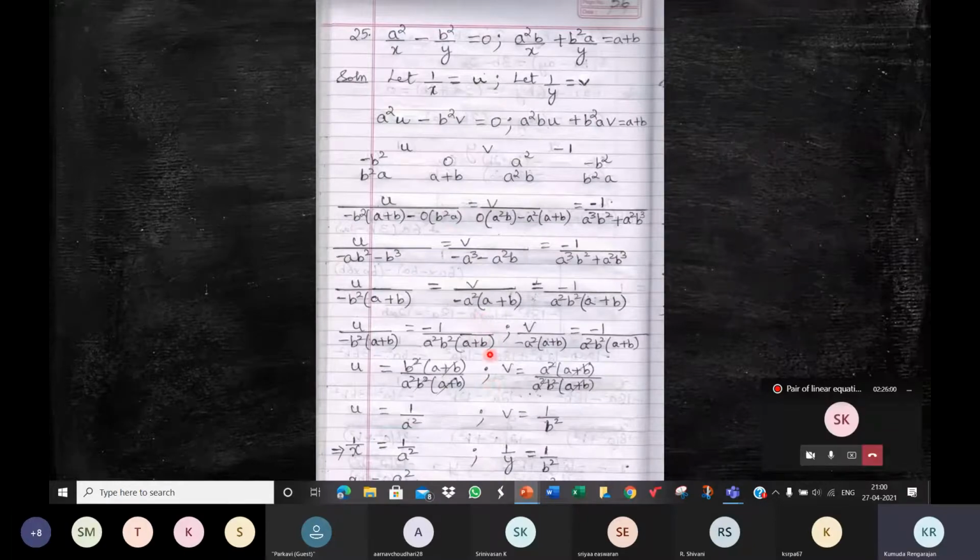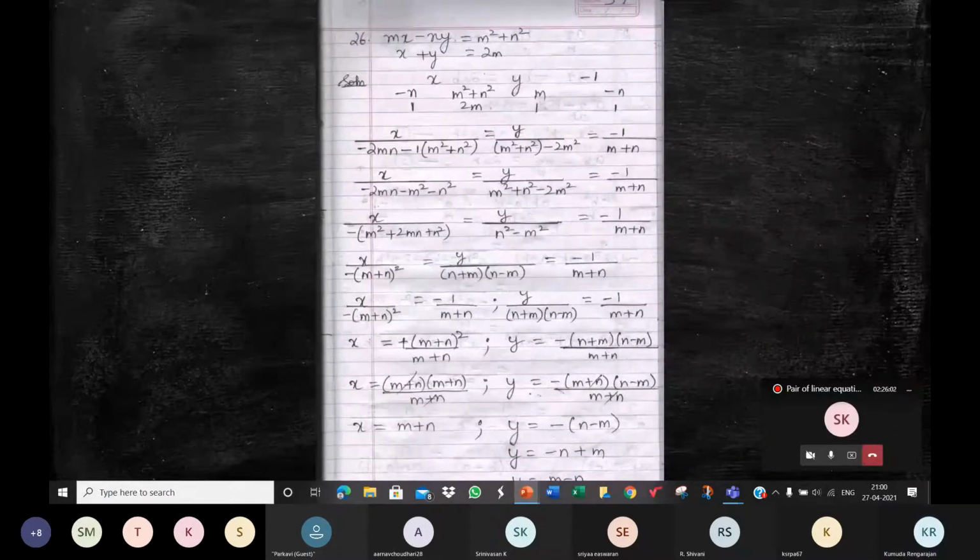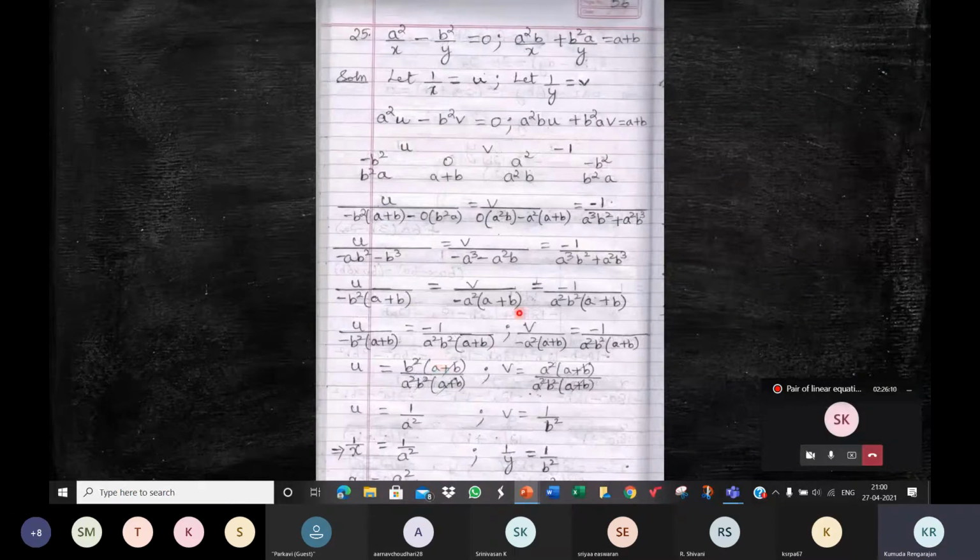I think we'll just discuss this and stop, children. So here you see in both the equations we have x and y in the denominator. So these two equations are not linear in style. They are equations in x and y, but they are not linear. X and y are in the denominator.